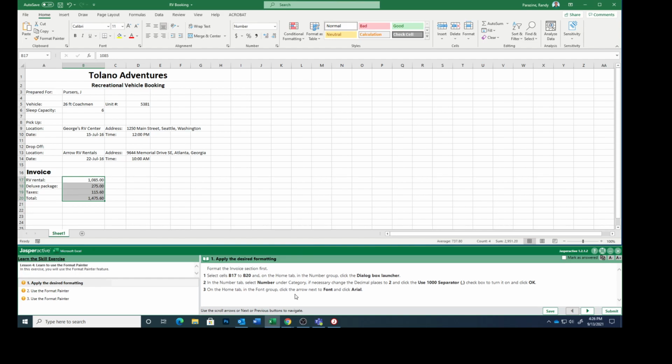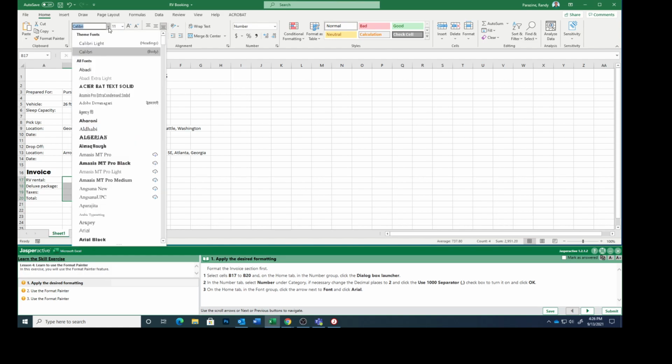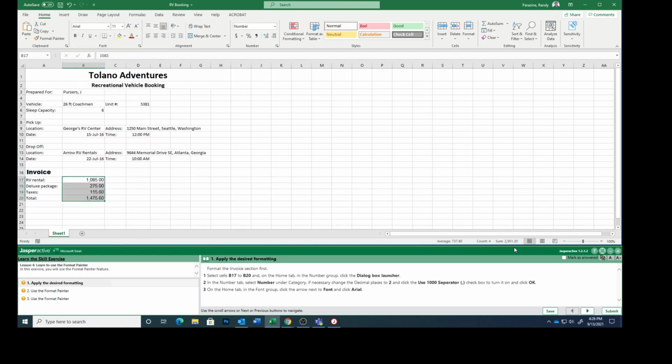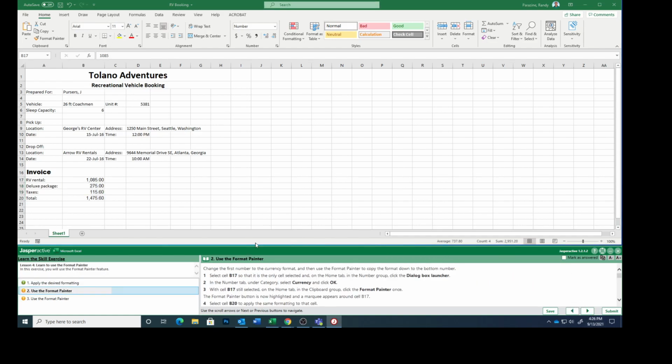On the home tab in the font group, click the arrow next to font, and click Arial. So mark that as answer. Go to the next step. Change the first number to the currency format, then use the format painter to copy the format down to the bottom number. Select cell B17